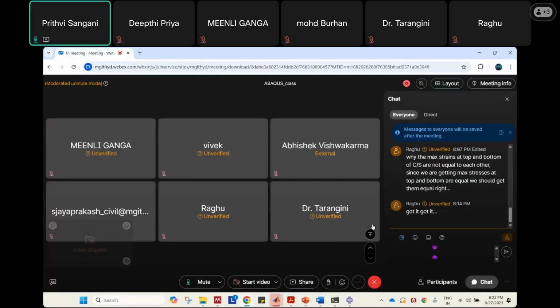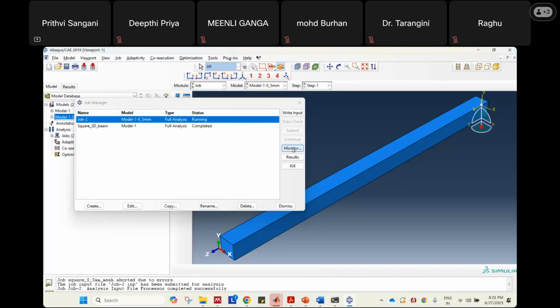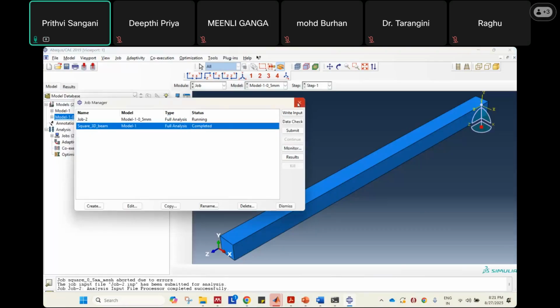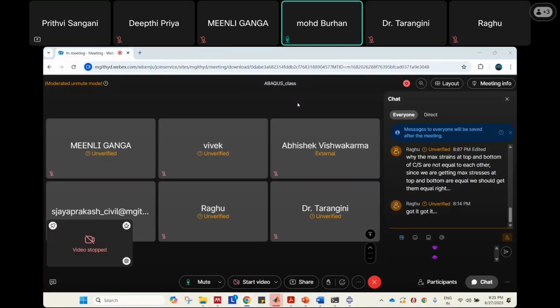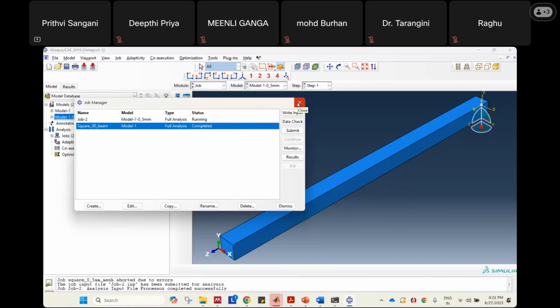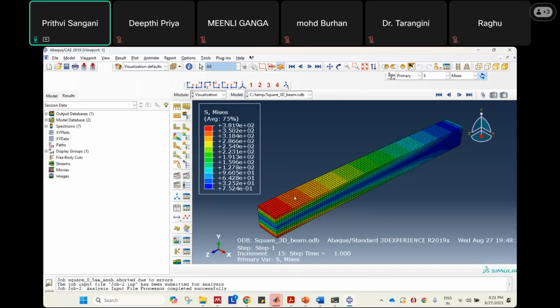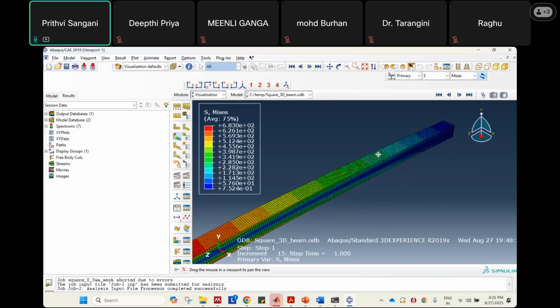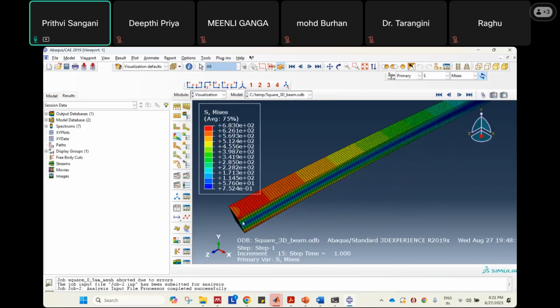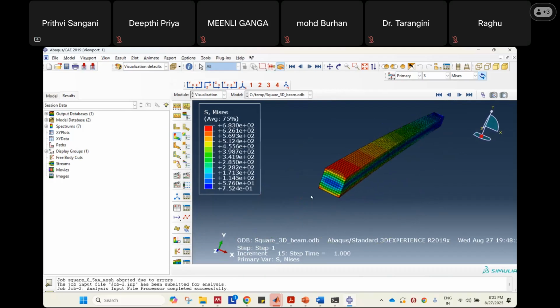Okay. Then in my case, let me check. I'll also run one. Can you run with one 10 mm mesh size? Okay, sir. Yeah. Meanwhile, we'll also see. Now I'll show you how to see the entire cross-sectional reaction forces. We are talking about reaction forces at this face, right? If you want to see the reaction forces at this face,